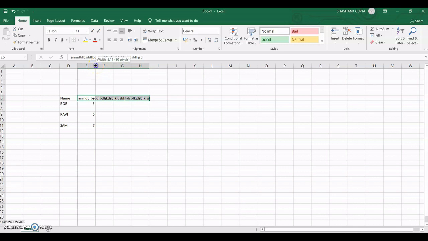By clicking on it, here you can see the width. It is showing 8 point something. I am using Excel 2019, so that's why it is showing 8.33 or 8.22, but in 2010 it is 8.43.